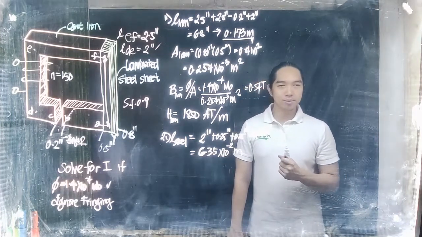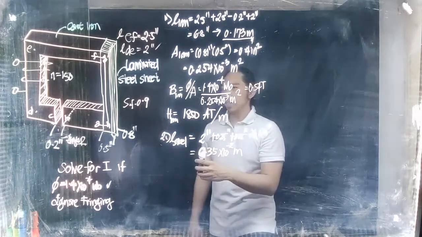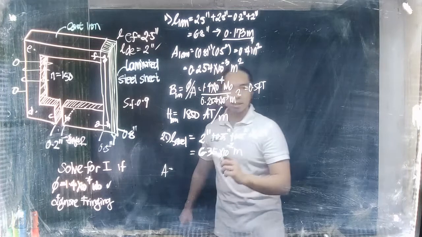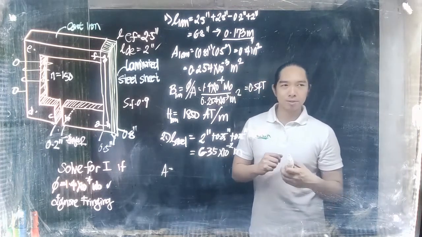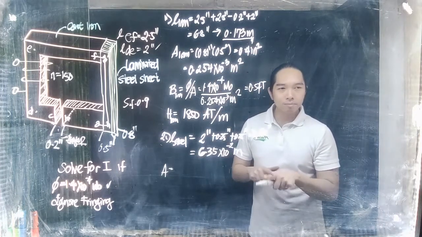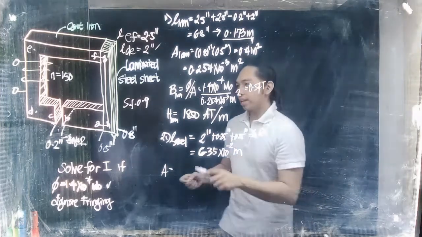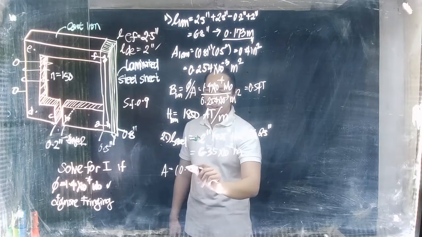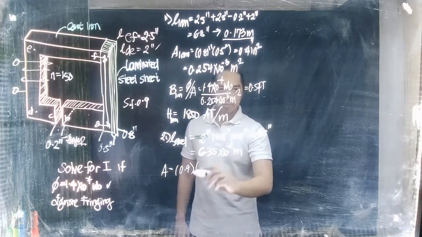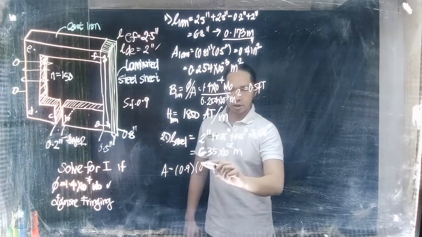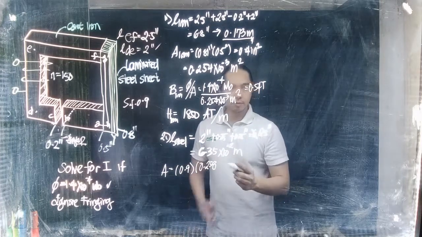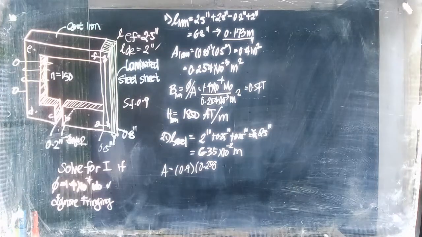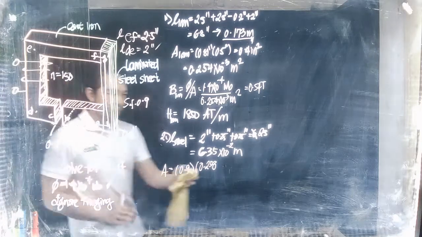Okay. So, if we're going to solve for the cross-sectional area, okay, so that would give us, let's try, 2.5 times, okay. So the cross-sectional area of the steel, I've also resolved that. So that would be 0.9, okay, times, okay, 0.258. Or rather that's a conversion na. Sorry for that. So if you're going to solve for the cross-sectional area,